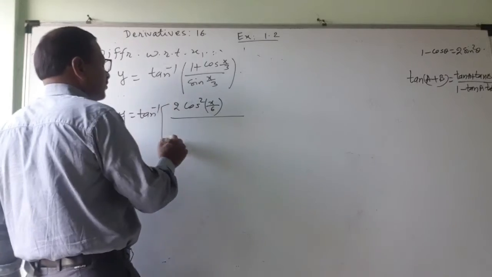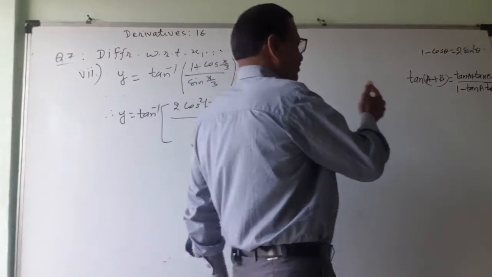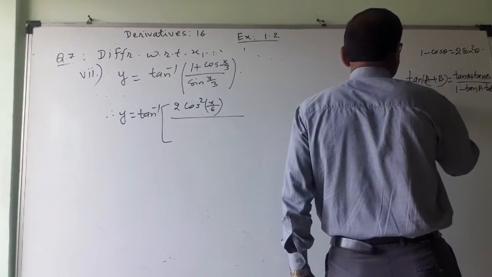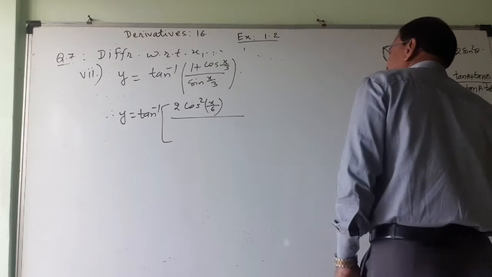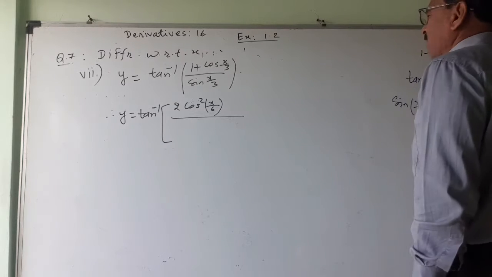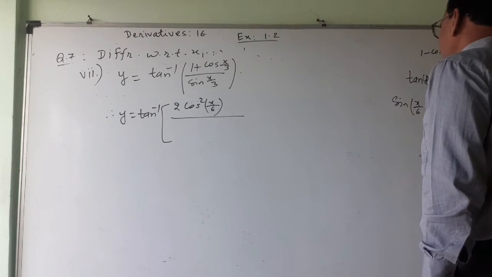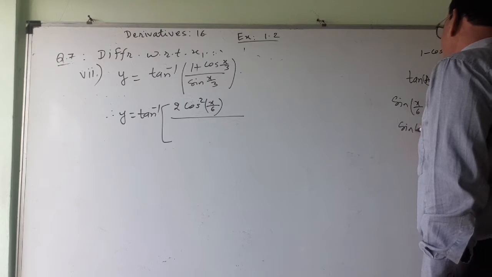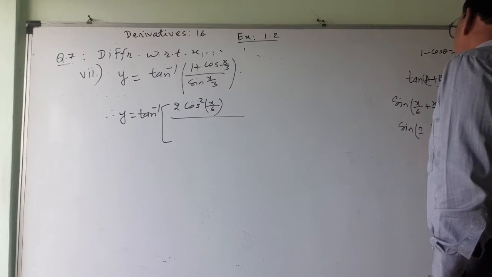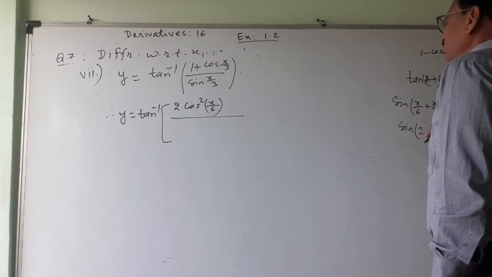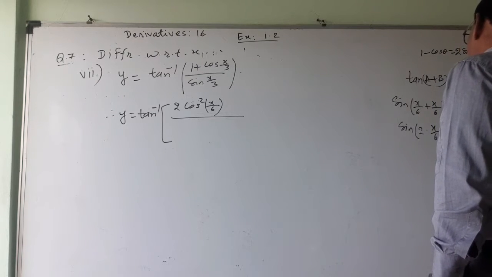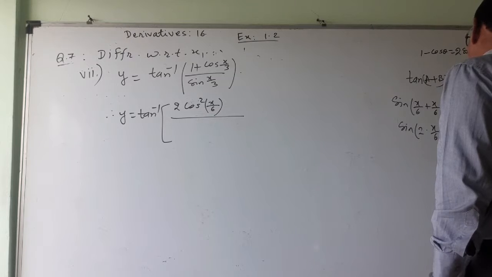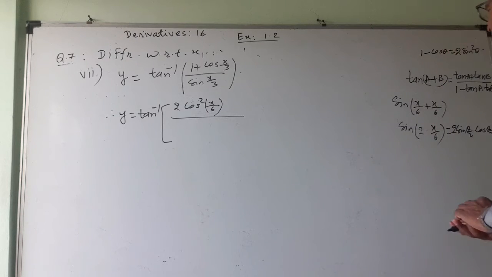upon, this is sin 2 theta. Sine of x by 6 plus x by 6, that way I will write. x by 3, half half I will make. This is sin 2 theta. Or you can write the sine of 2 into x by 6. This is sin 2 theta, that is equal to 2 sin theta by 2 into cos of theta by 2. This way, so I have brought it from here.